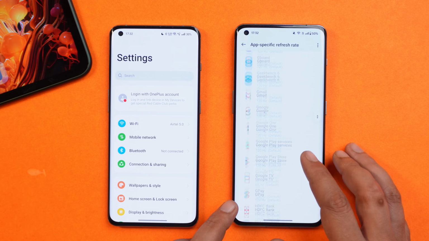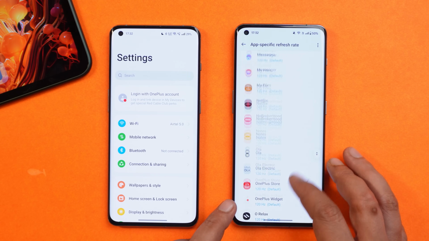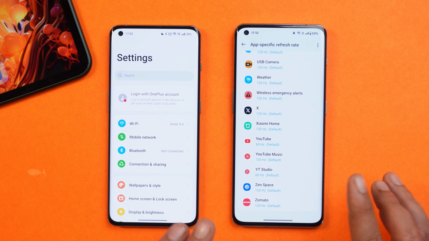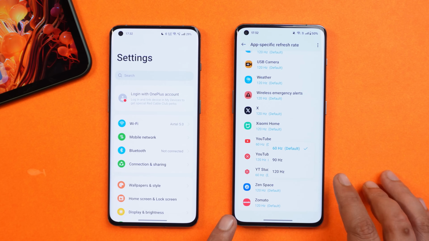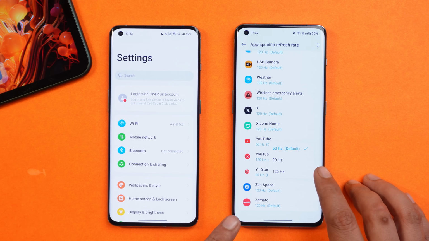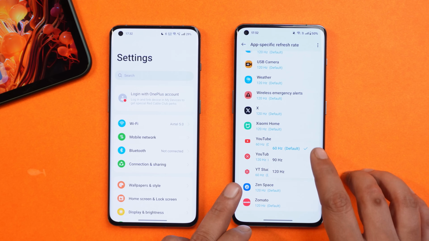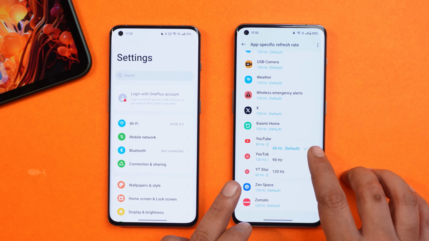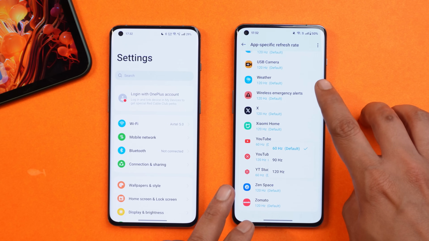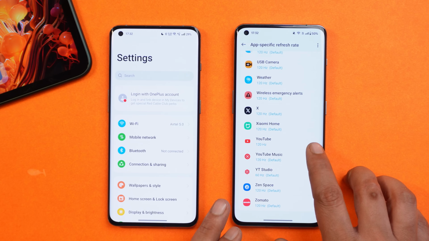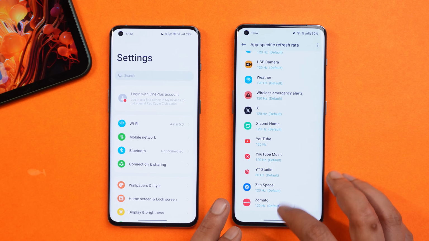For example, the YouTube application, which was a major concern for many users, OnePlus has now given the option to run that particular app in 120 Hz. As you can see here, by default some apps are set to 60 Hz and some are set to 120 Hz. But if you want to run applications like YouTube in 120 Hz, what you can do